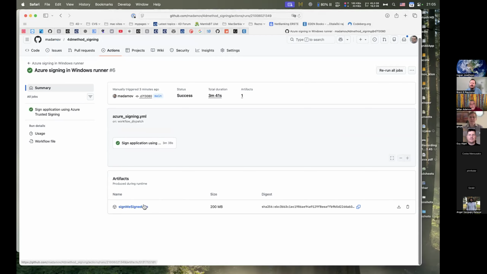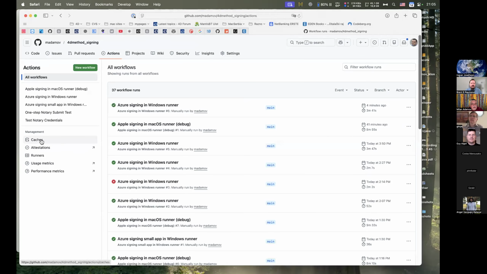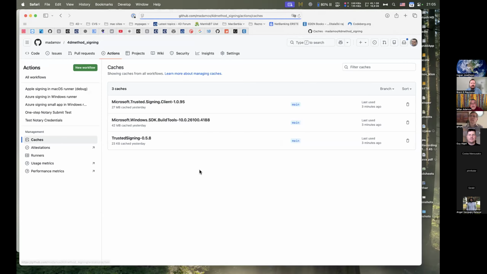So I will download this from Windows. Now it's built, you can see. I just want to see if it's caching. Because it complains some, so you see these are the components that it's installing: Windows SDK tools, the trusted signing client, which is where the dynamic library is, so the three things that you had to install, it installs always and caches them here.